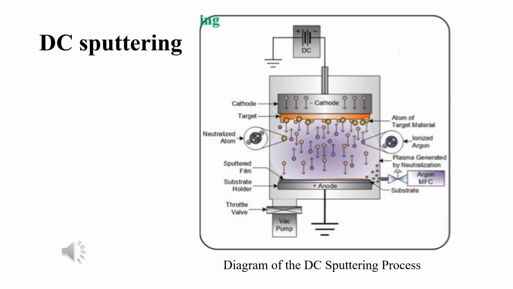Now there is a diagram of the DC sputtering process. We can see in the above position in the diagram is a cathode target, from which a thin film can be coated onto a substrate holder, which is below at the bottom of the diagram, the anode, and from which the gas molecules are moving, ionizing. The ions are then coated on the cathode surface.